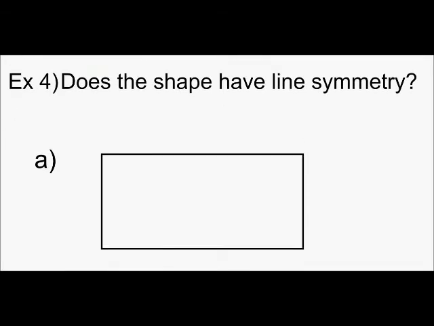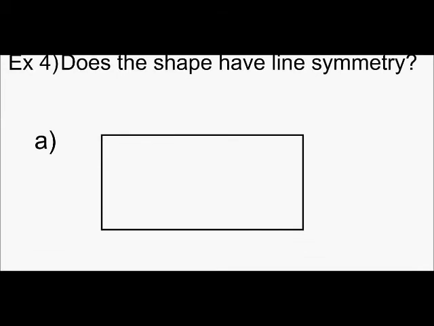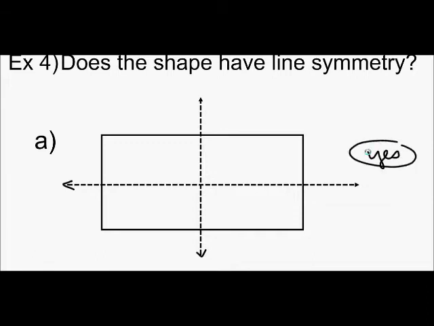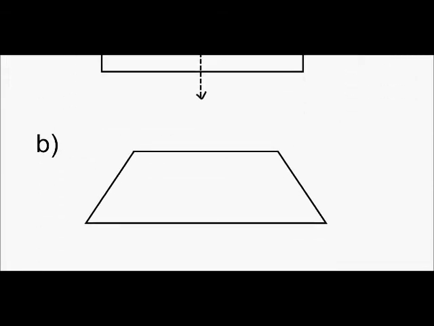Does the shape have line symmetry? So is there anywhere that I could fold this in half and it would be a perfect reflection? And the answer is yes. So you may have guessed I could fold it here in half. I could also fold it this way in half. So there are 2 lines of symmetry for this rectangle. So my answer is yes. Next,